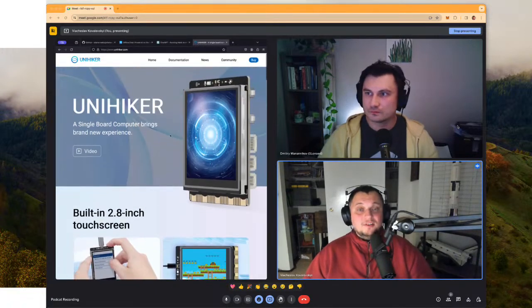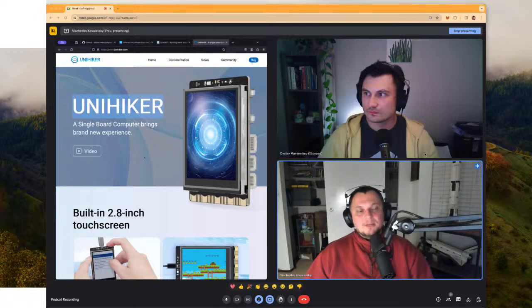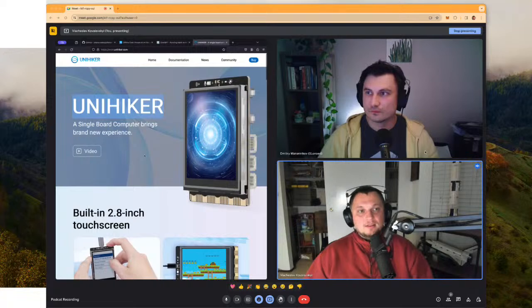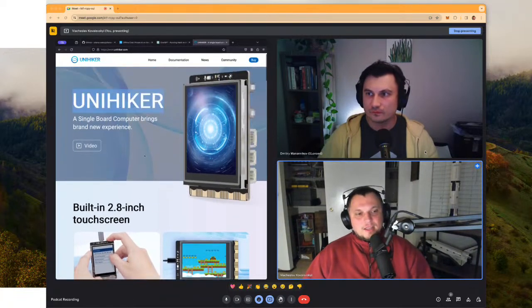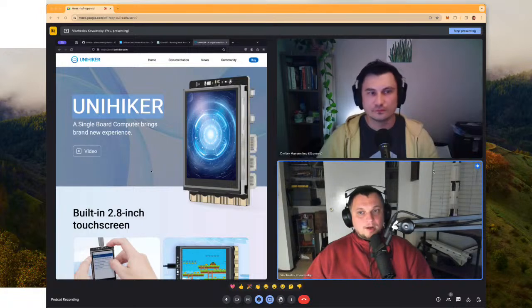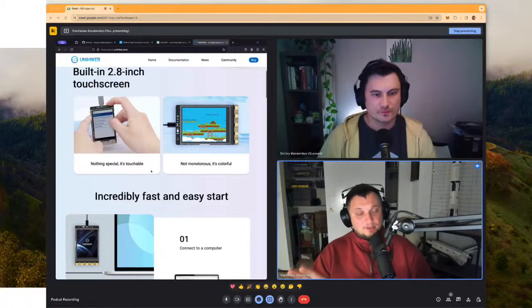But, by the way, first things first, I forgot to mention to everyone who is not watching but listening, Unihertz. This is a gift that Dima gave to me on the New Year, and it's effectively a Raspberry Pi size computer, but it's a proper computer. What I mean by that, it has a screen, a touch screen. It has Wi-Fi, it has Bluetooth, it has a microphone. For some weird reason, it doesn't have a proper speaker, so I have to buy a speaker, but it would be ideal. It is as close to an ideal device as possible.